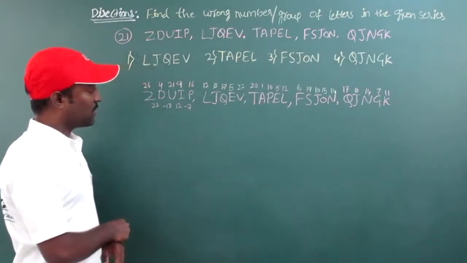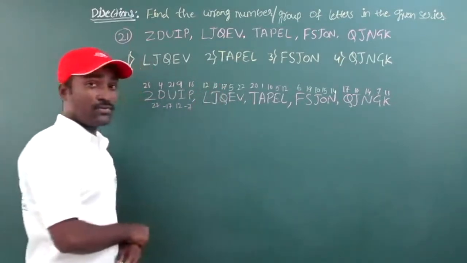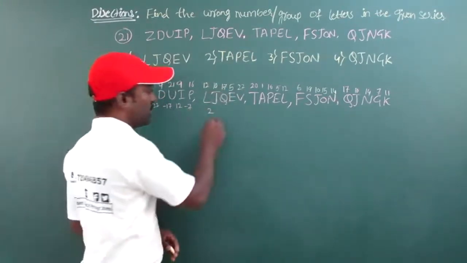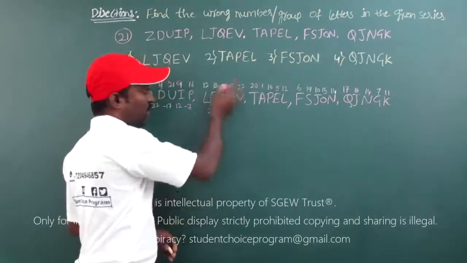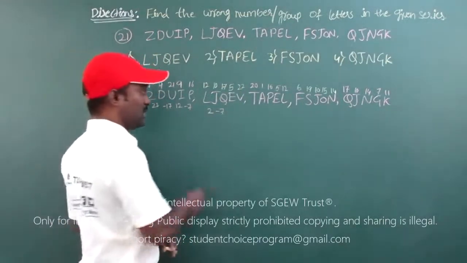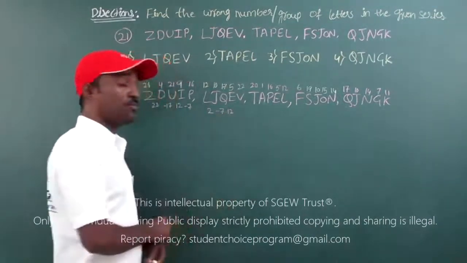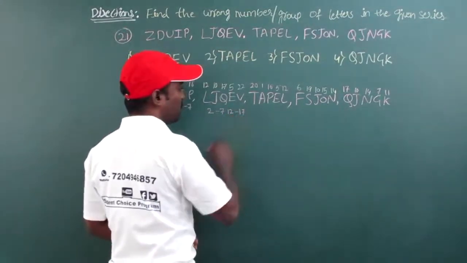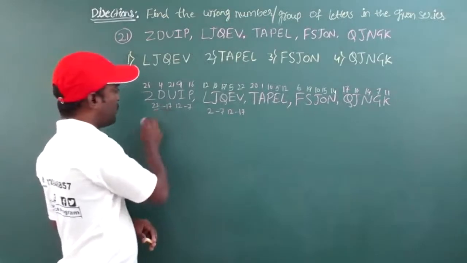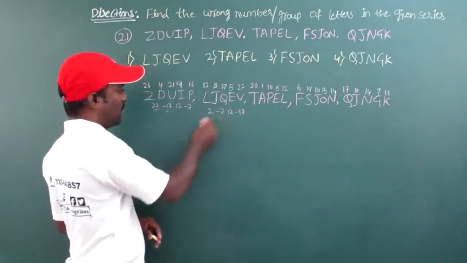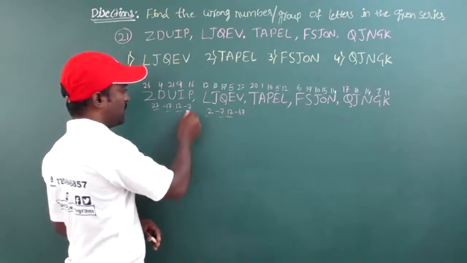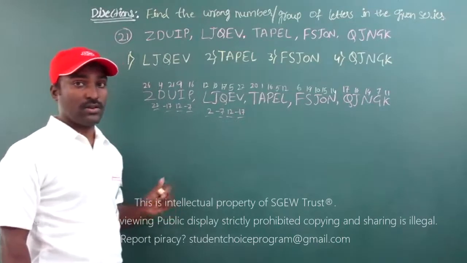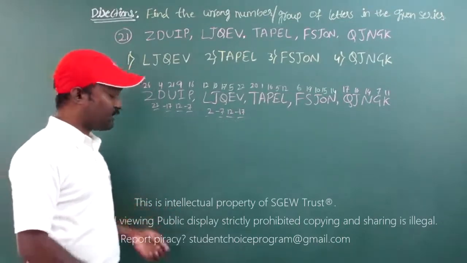Now move to the next. 12 minus 10 is 2. 10 minus 17 is minus 7. 17 minus 5 is 12. Now 5 minus 22 is minus 17. Now observe: here I am having 22, 2, minus 17, minus 7, 12, minus 7 and 7. I think this is not a logic. Now what I will do, I will take the difference of